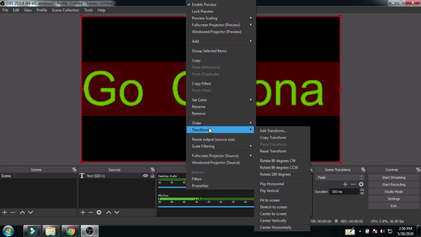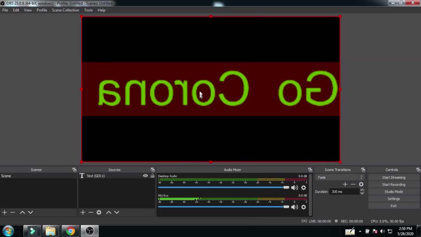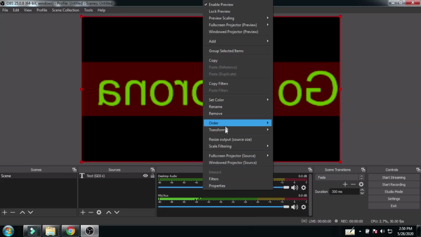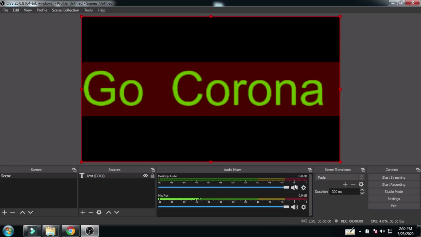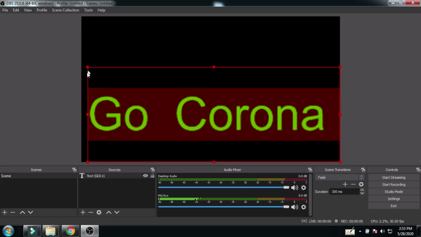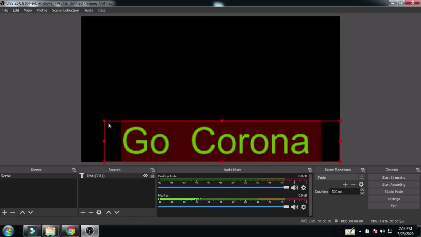Again go to the same part, flip horizontal, the text is changed horizontally. Again go to flip vertical, it is changed back to the basic position. So this one is very important. Reduce the size of this go corona text, any text.